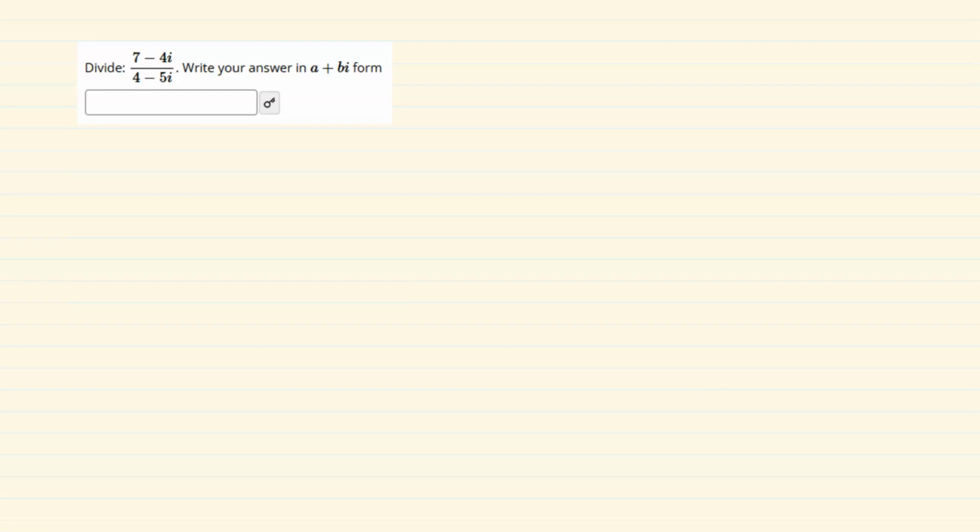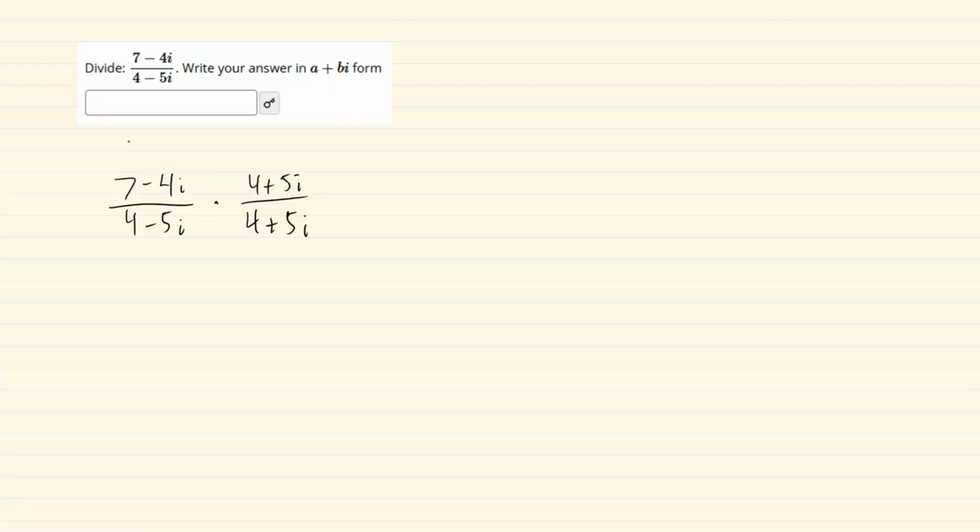So we have 7 minus 4i over 4 minus 5i. And the denominator is 4 minus 5i. And what we want to do is multiply by the conjugate, what's known as the conjugate of 4 minus 5i. So the conjugate of that is 4 plus 5i, so we're going to be multiplying by 4 plus 5i on the top and